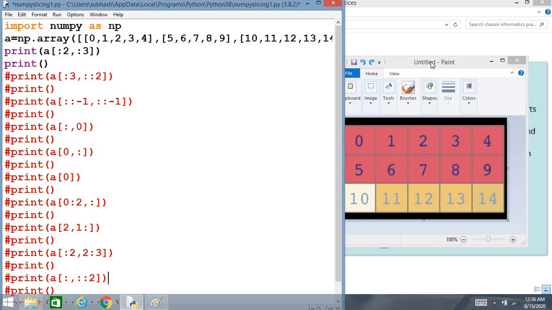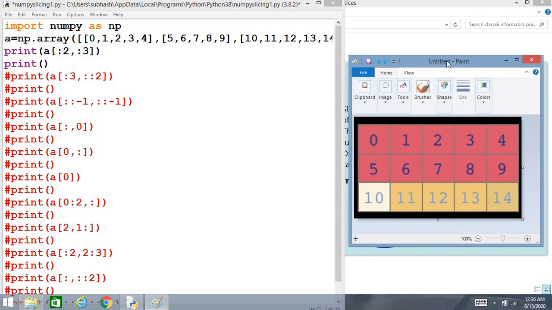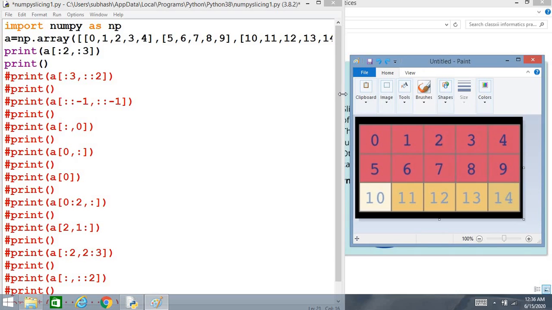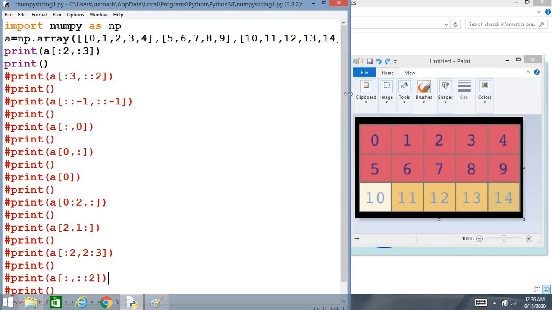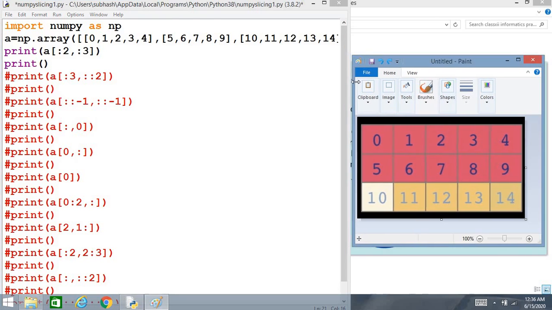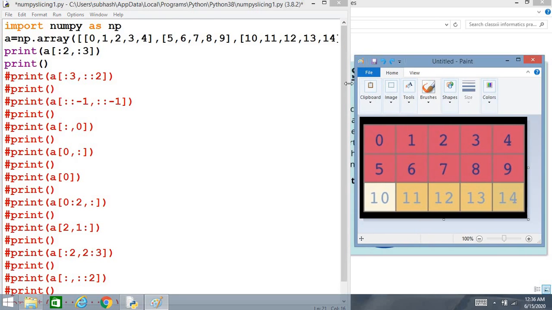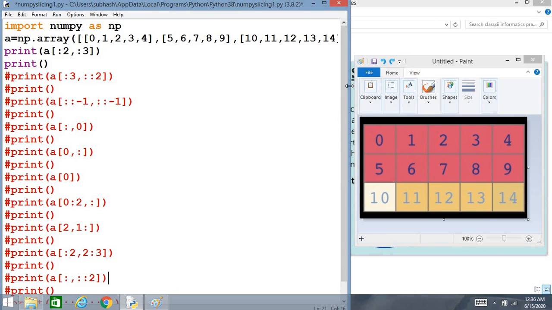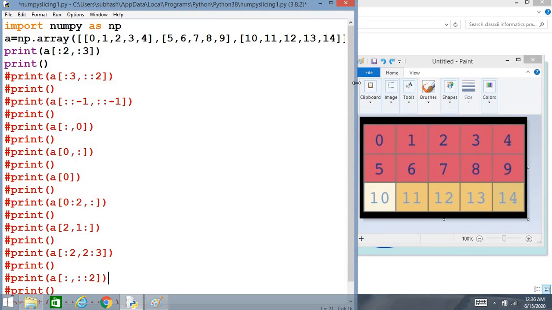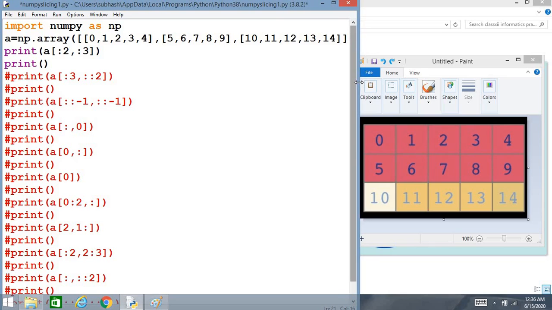And how many columns are there? 1, 2, 3, 4, 5 columns. So 3 rows and 5 columns. Based on that, we are going to do some slicing, and we'll understand how the slicing happens in a NumPy array.